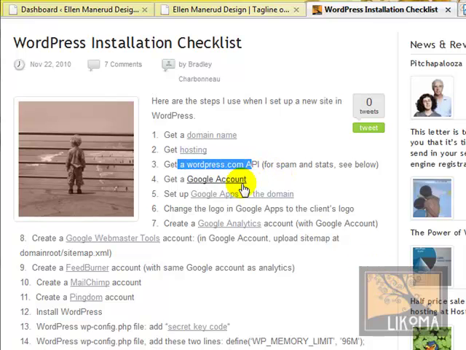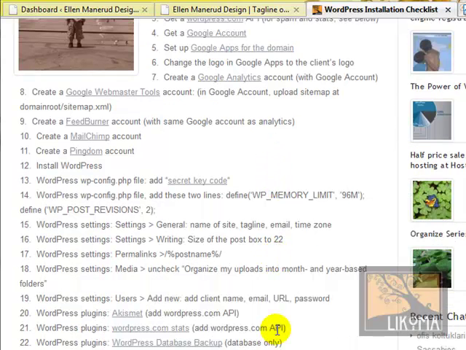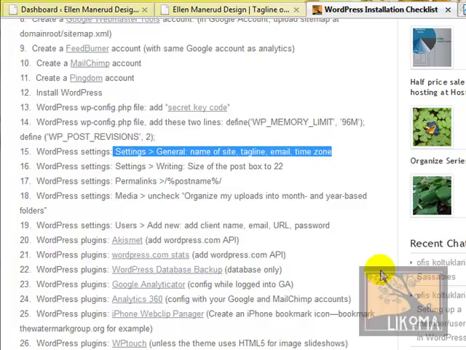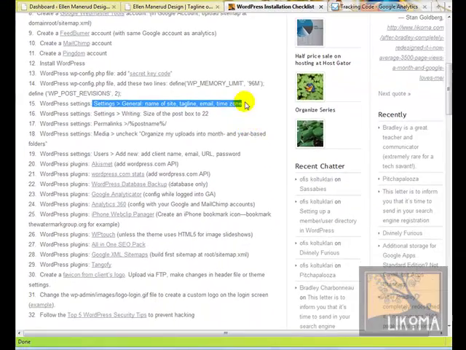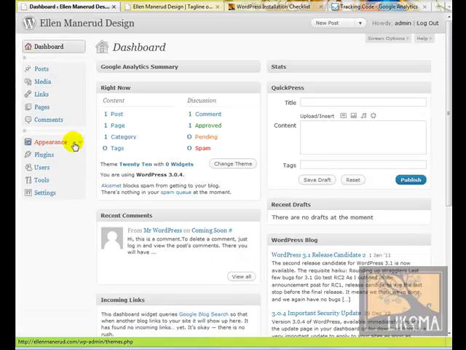So I've already done that, didn't do that. Let's see. So I want to do just some cleanup stuff. We've installed WordPress. I'm not going to do the real techie stuff. I'm just going to do things like settings. So let's go check the name of the site, tagline, email, time zone. I'm going to go over to settings, general,